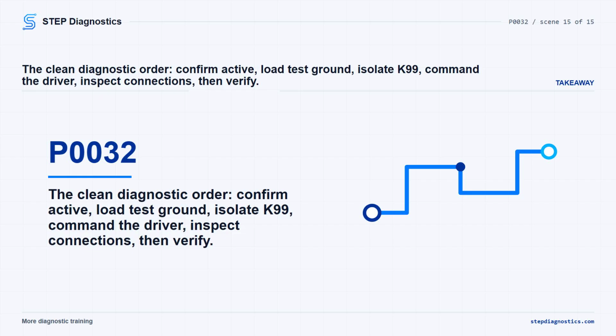The clean way through this one is: confirm the fault is active, load test the ground, isolate the heater control circuit for shorts and resistance, command the driver, then inspect connections before condemning a